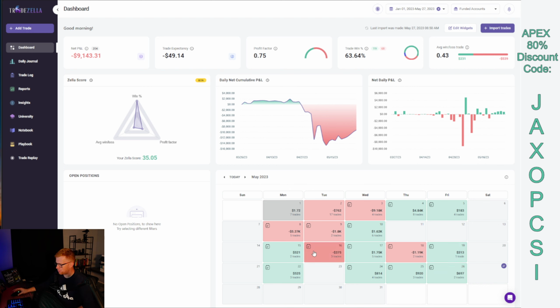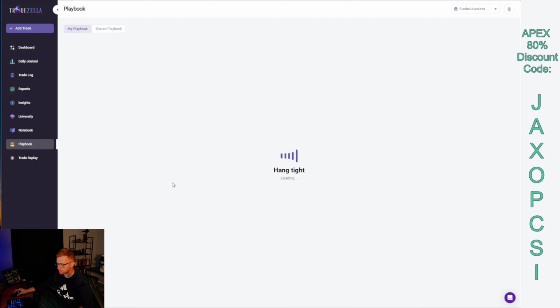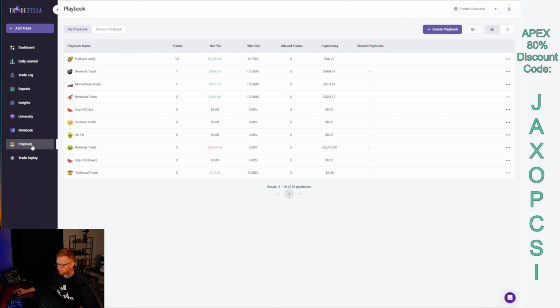Now, before we dive into each day, I'm just going to show you my playbook and how that works with TRADEZELLA and what I like about it. So here in this playbook, it's called a playbook. I call it a strategy, but it's fine. So pullback entry: we're in a trend and then we pull back maybe to the 14 or 21 EMA,